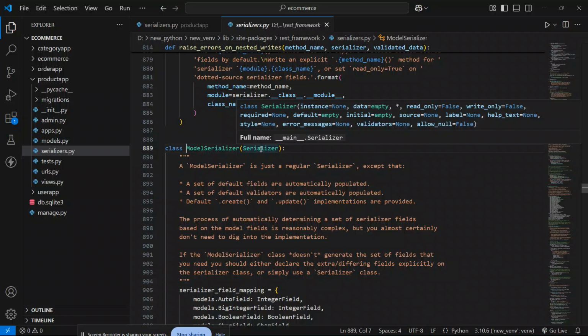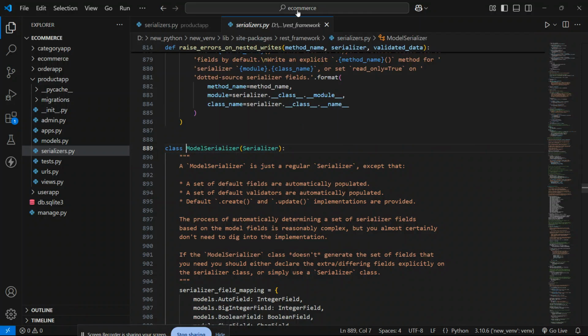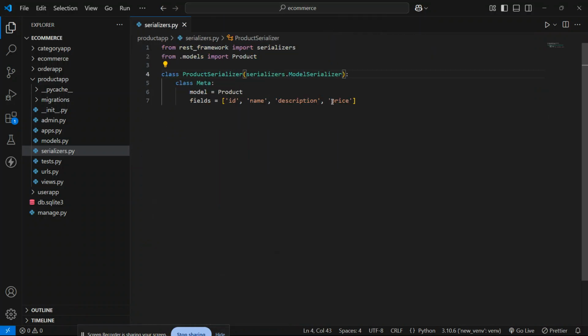Serializer is the base class for ModelSerializer. Let me close this. Okay. After that there is another class, Meta, and inside that Meta class I have to declare my model and the fields which I want to use: ID, name, description, and price. So this is about my model and the serializer.